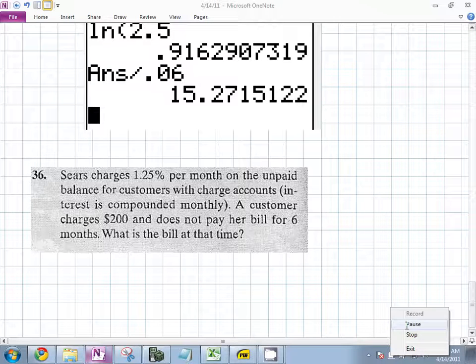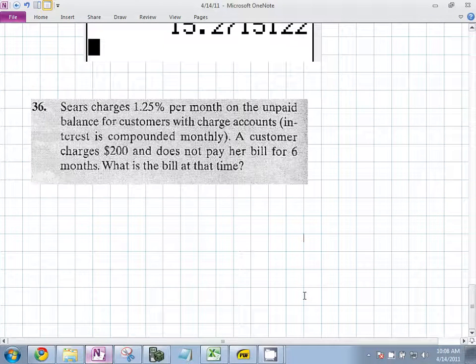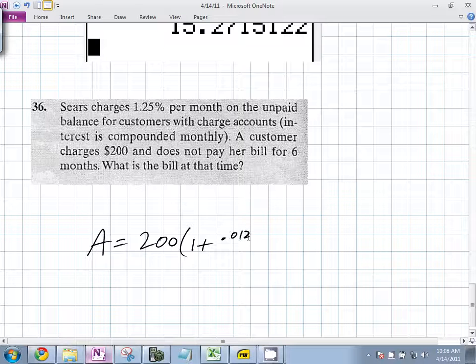Okay. So, a customer charges $200 and does not pay the bill for 6 months. What is the bill at that time? Kids, here we go. Hold on. So it's 1.25% per month on the unpaid balance. The amount is going to equal, how much does it start at? 200 times 1 plus, what do we put for the interest rate? Divided by 12 to the